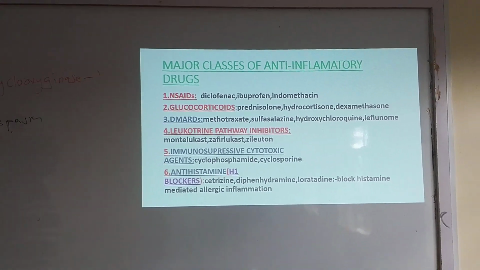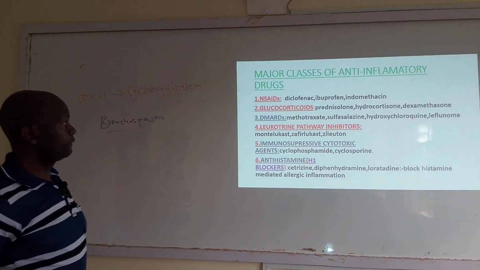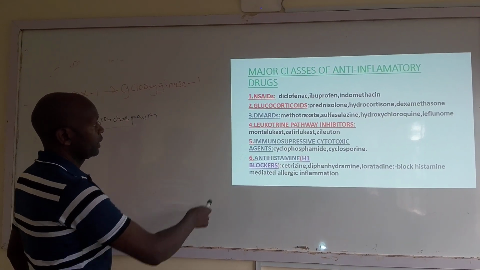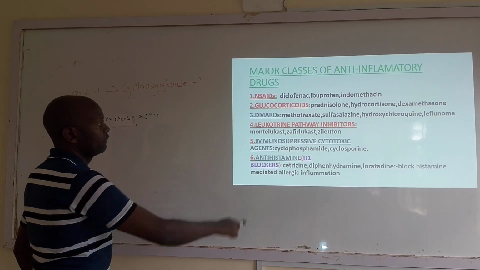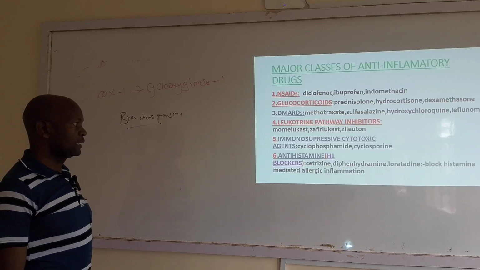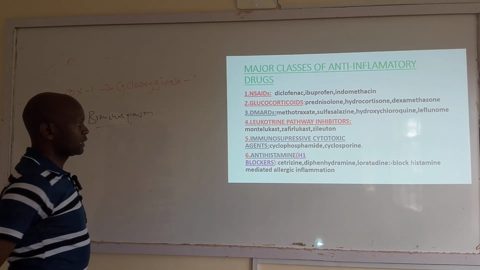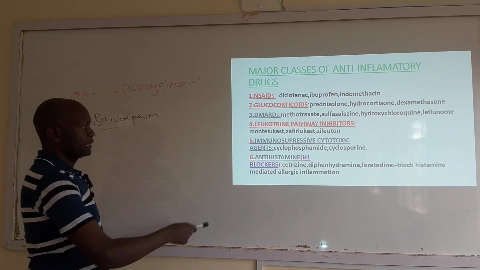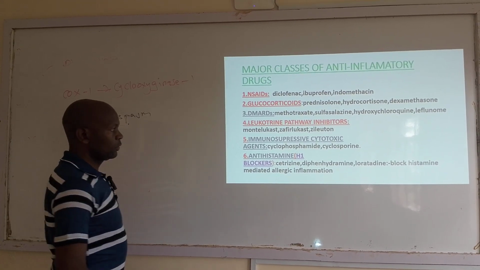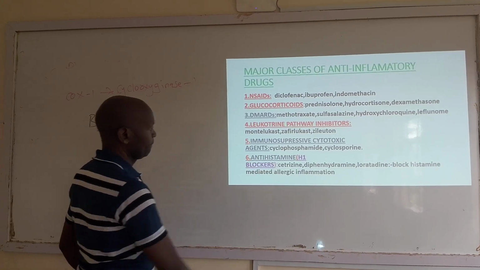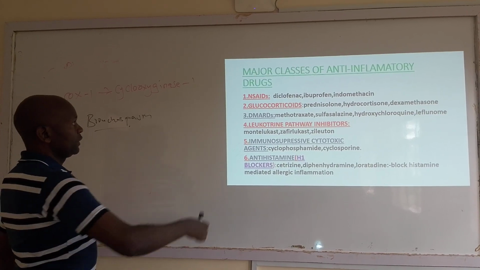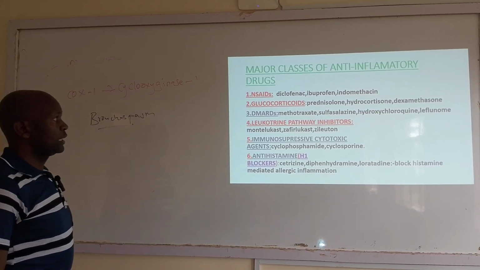Let's look at the major classes of anti-inflammatory drugs. There are 5. We have NSAIDs, we have glucocorticoids, we have DMARDs, we have leukotriene pathway inhibitors, we have immunosuppressive cytotoxic agents, and then we have antihistamine drugs. And antihistamines are technically also considered anti-inflammatory drugs because they inhibit histamine. Remember, histamine is one of the inflammatory mediators. The NSAIDs are just non-steroidal